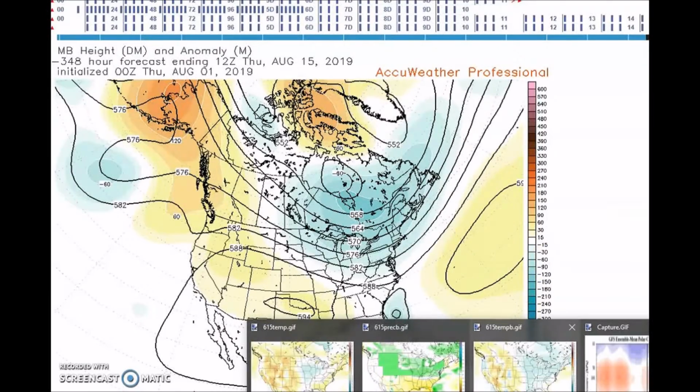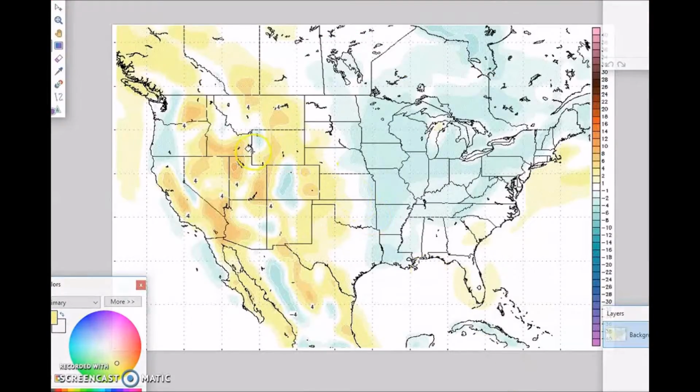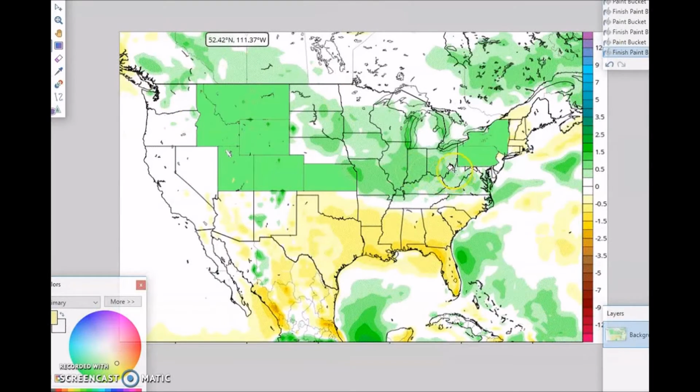So for this forecast period, I am forecasting above normal temperatures for the west, with anomalies of 4 degrees above normal. And then we have below normal temperatures forecast for this region, and this is related to the polar cap geoheight anomalies that I talked about. Right now I'm being conservative and I'm forecasting anomalies of 2 degrees below normal. And for precipitation, I'm indicating little change in the precipitation anomalies from the previous period.